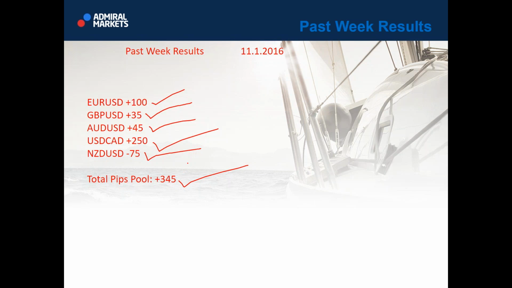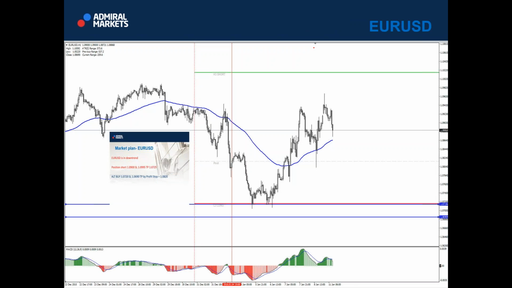Of course, if you made 10, 20, 30, 50%, it's still good because it's profit. Okay, now let me show you the results. Euro dollar, the result is here, very clear. We had both positions potentially in play, but as I said during the webinar, I would pay attention to the buy position, and definitely it came here. So this was the buy position, and then you can see what happened.